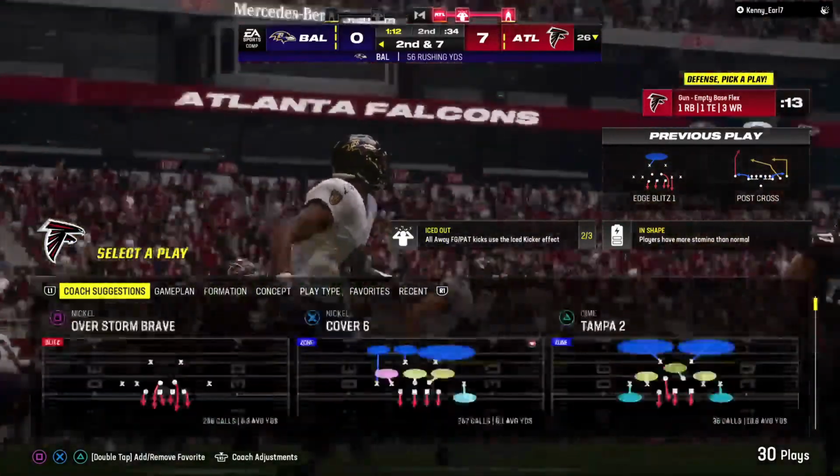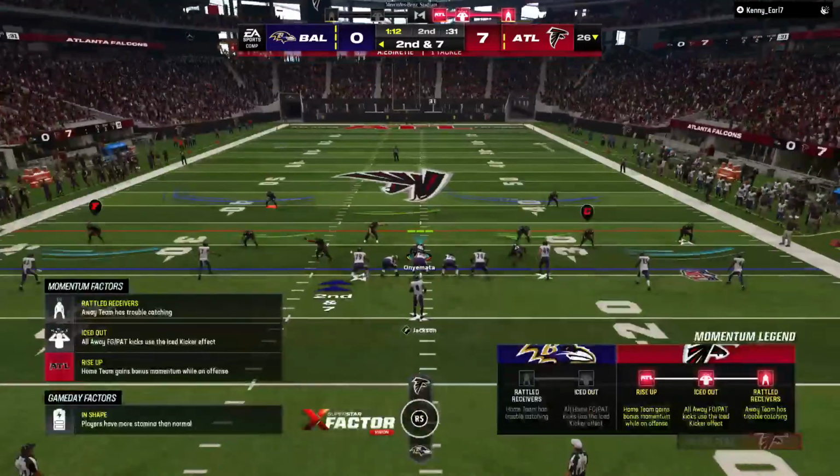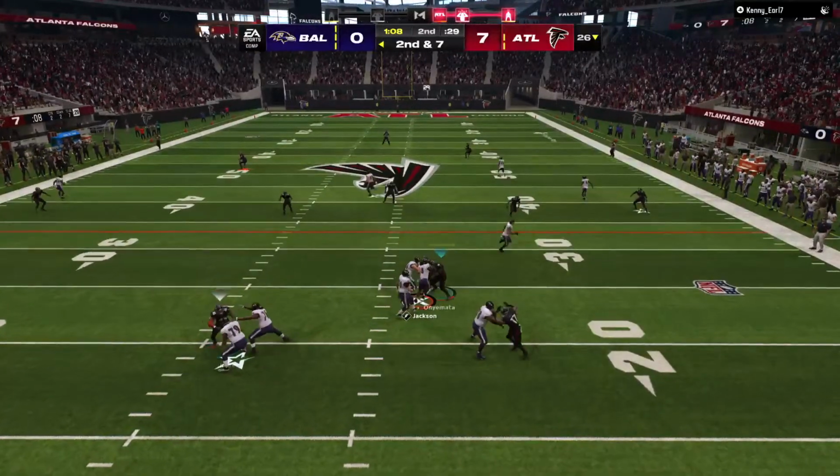This hasn't been their cleanest first half of football. Last thing they wanted to do was give it up to the opposition, but able to keep it as it goes out of bounds. Yeah, tough first half, no doubt about it. But if they turn it over there, now things turn a little...